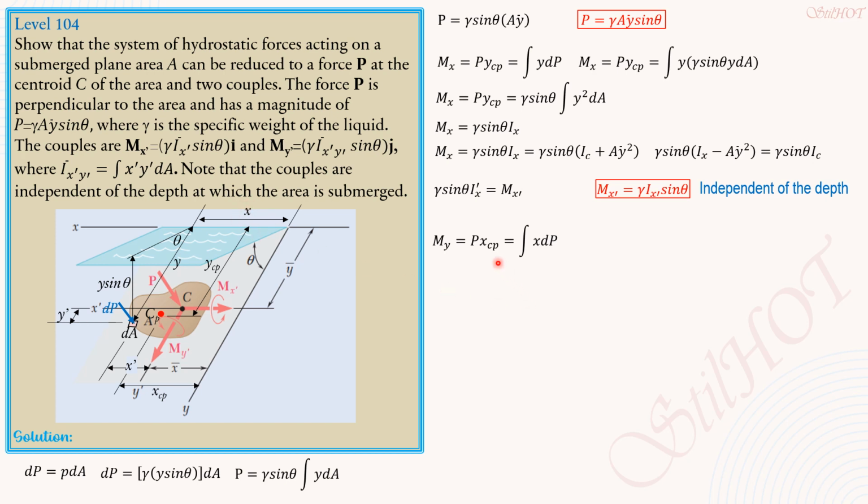Substituting the value of dP, which is equal to gamma sine theta y dA, My equals P x sub cp equals the integral of x times gamma sine theta y dA. Then putting gamma sine theta before the integral sign, My equals P x sub cp equals gamma sine theta times the integral of xy dA, where the integral of xy dA is, from the figure,